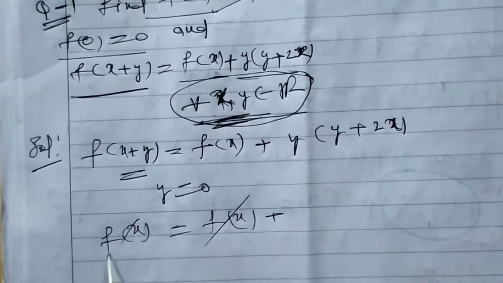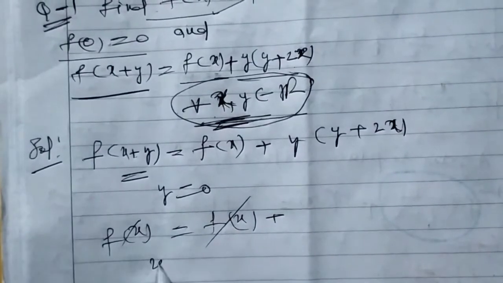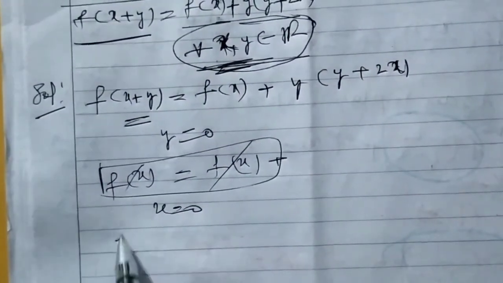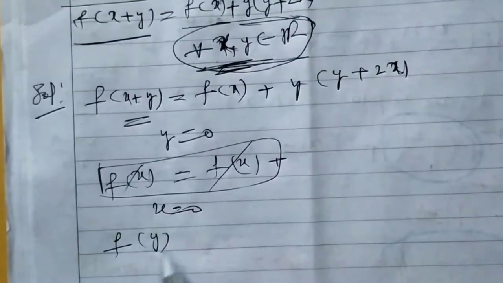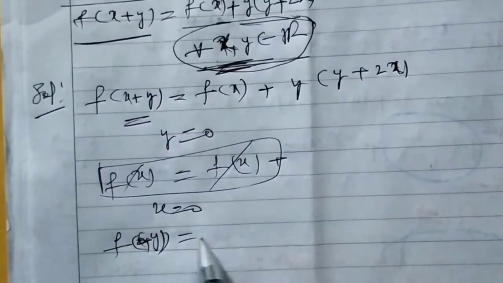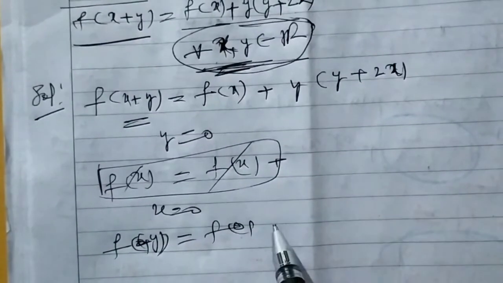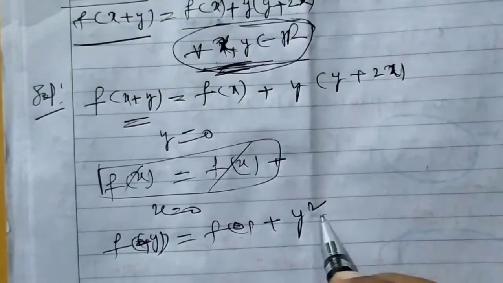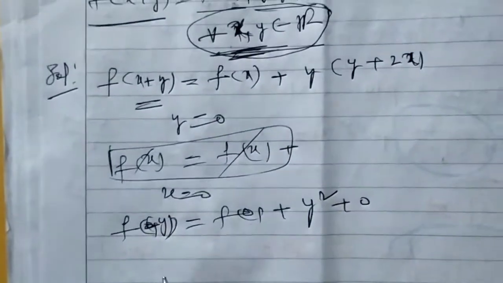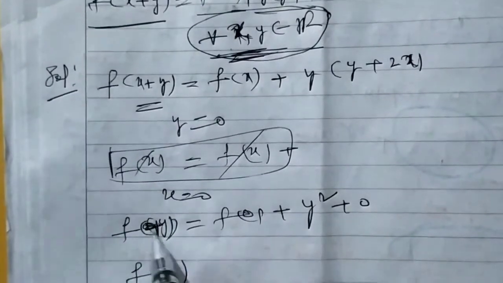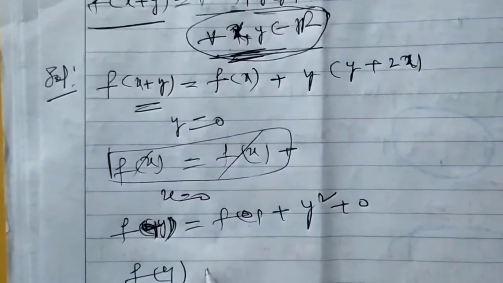Further, we need to put x is equal to 0. If we put x is equal to 0, then what happens? f of y times f of 0 plus y is equal to f of 0 plus y square plus 0. That implies f of 0 plus y is equal to